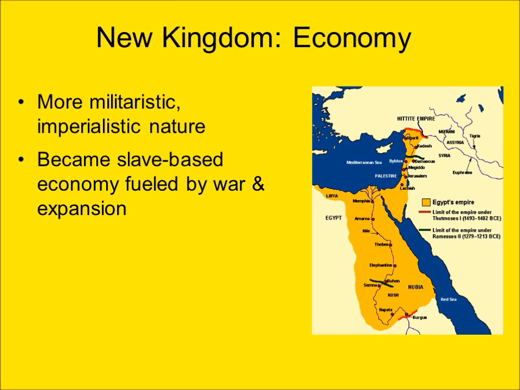The economy in the New Kingdom was much more militaristic and imperialistic in nature. This is a time in which the Egyptians incorporated chariots, bronze working, and horses into their military and economic ventures. It featured the development of a professional army. It's noted for the expansion of external trade by sending commercial expeditions, but the economy was also weighed down in many ways by the cost of military expeditions.